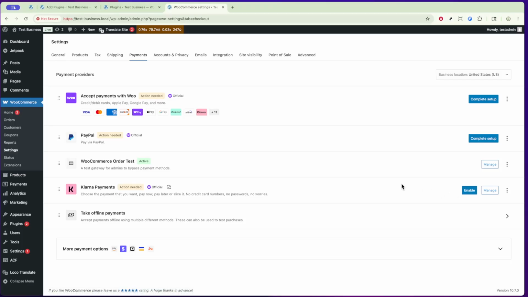And that's it. You've successfully added Klarna to your WooCommerce store. Now your customers can enjoy the convenience of flexible payment options, and you can reap the benefits of offering a modern,